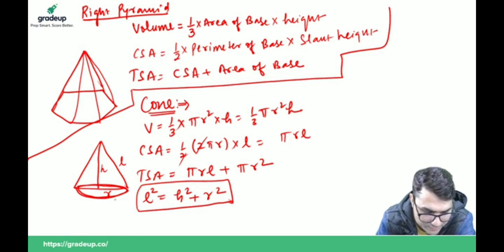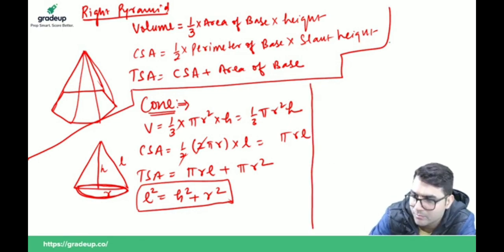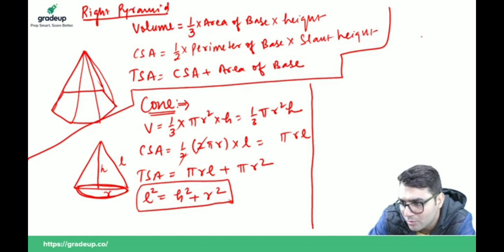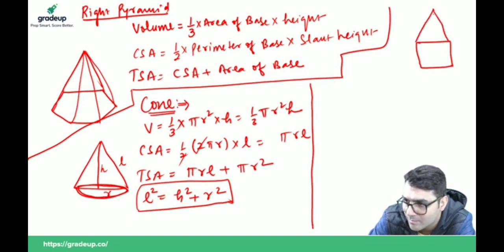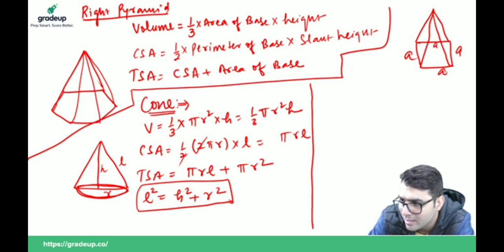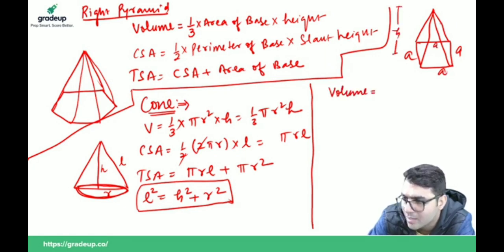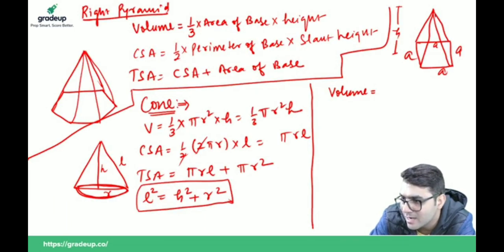Now, if you want to develop some formulas for this, yes, please write the formula for this. This is the right pyramid based on the square base. If this side is a, and height is h, then volume will be, and slant height is what? Oh, just a minute. And this is the slant height. I will tell you figure wise in the question, no problem.